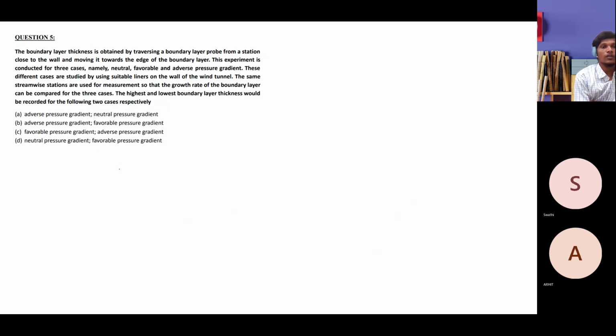In this question, we have some details. I remember discussing this kind of question with you; we discussed this already. Let me read this question again. You have a boundary layer. Thickness is obtained by traversing the boundary layer probe from the station close to the wall. Let me try to